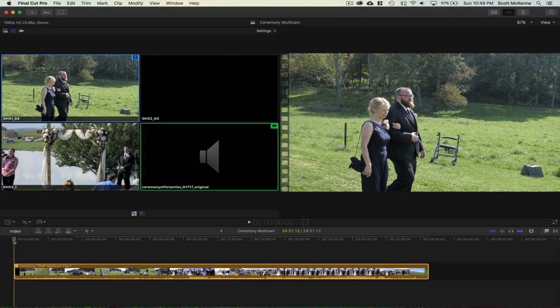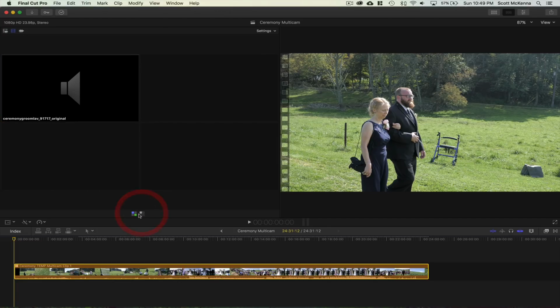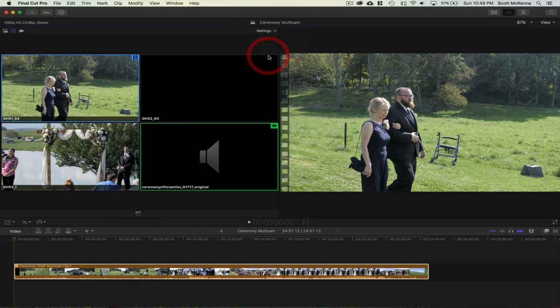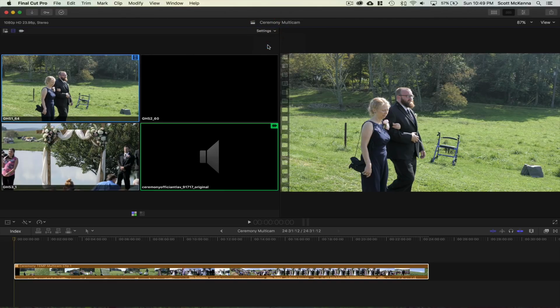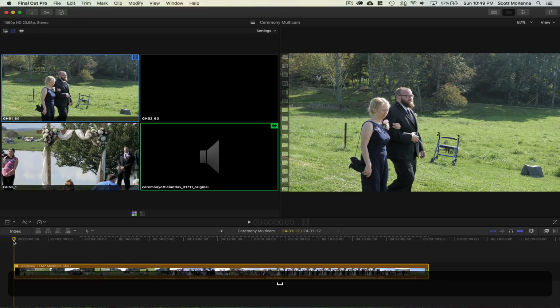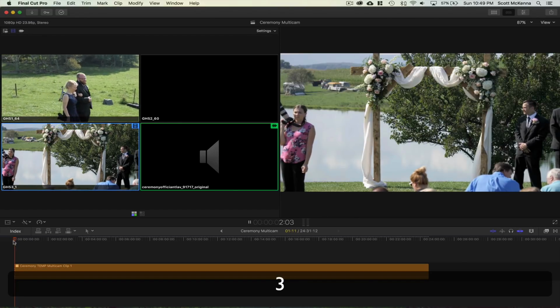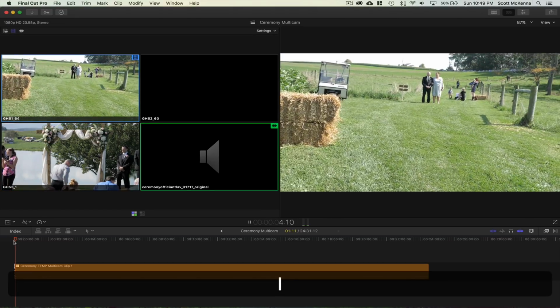Now what's awesome about multicam editing is that you basically just watch through this, and in real time you hit your number keys 1, 2, or 3 if you have 3 cameras, and 1, 2, 3 are your camera angles. If you had an additional camera angle, you'd see 4. If you had even more than 4, you can do up to 16 angles by just changing this little guy right here to settings, and then there'd be lots of camera angles. I normally don't have that many, so 4 up usually works fine for me. And you simply watch through, and in real time you can just switch your cameras by hitting a corresponding button.